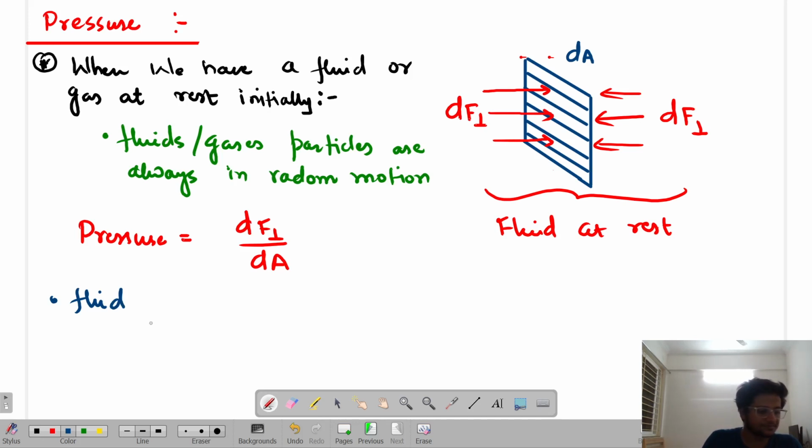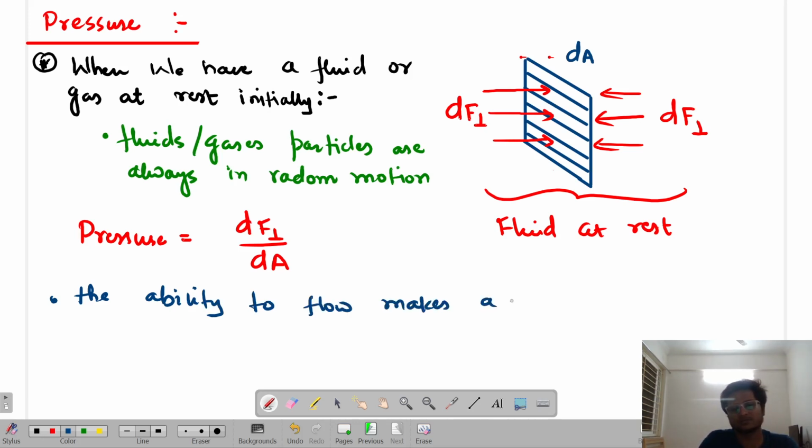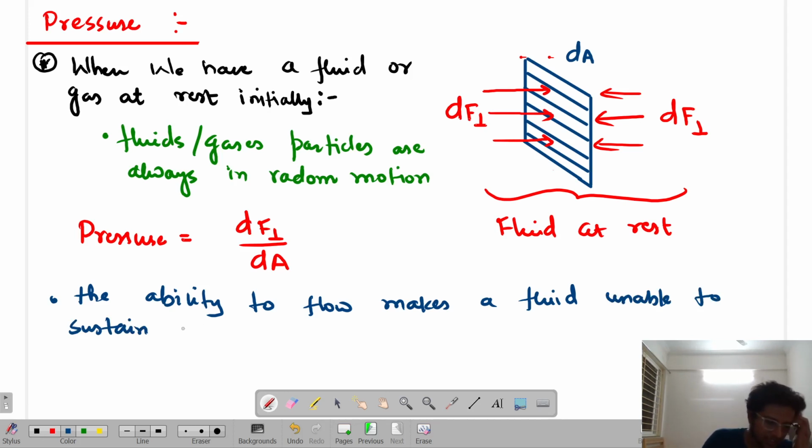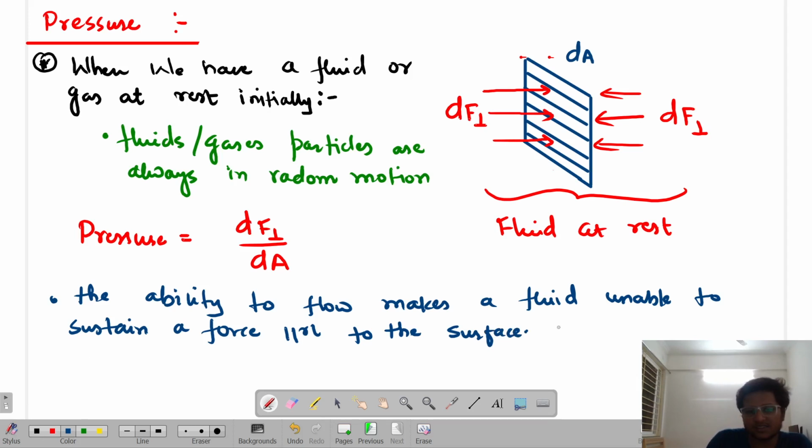Fluid, simple thing is that the ability to flow makes a fluid unable to sustain a force parallel to the surface, isn't it? So under a static condition,